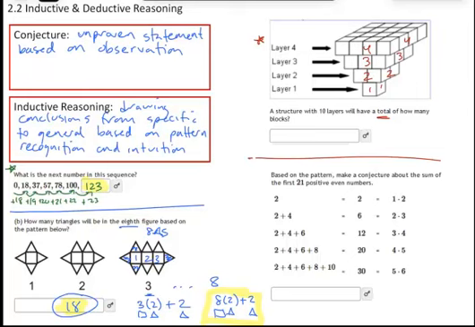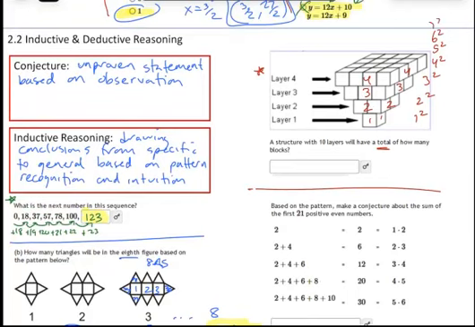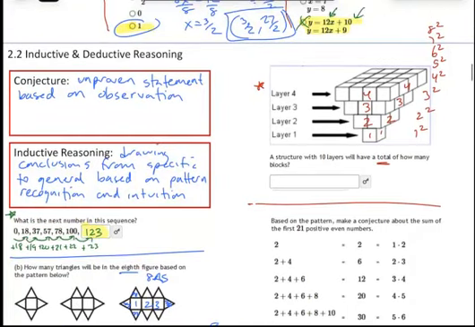So again, a lot of you have the pattern, right? The 10th layer is going to have how many blocks? This is 1 squared, 2 squared, 3 squared, 4 squared, and so on. So you have 5 squared, 6 squared, 7 squared, 8 squared, 9 squared, 10 squared, right? Now, that's a lot of numbers. However, because you can enter a calculation, you can just enter it right here, right? 1 plus 2 squared is 4, 3 squared, 9, 4 squared, 16, 5 squared, 6 squared, 7 squared, 8 squared,